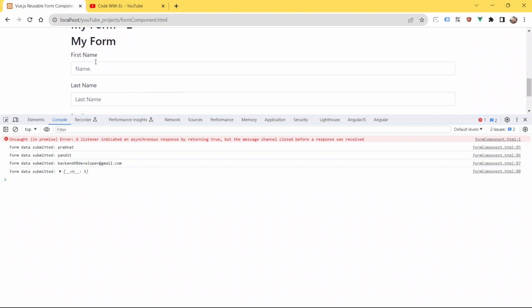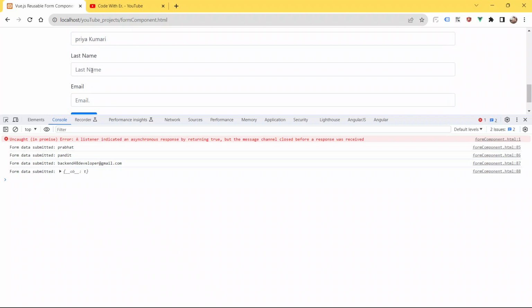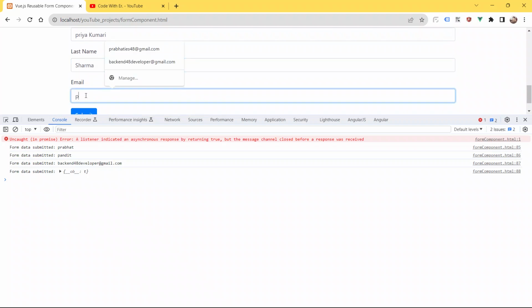I will put here Priya Kumari, and I will give the last name as Sharma, and the email as prsharma@yahoo.com.